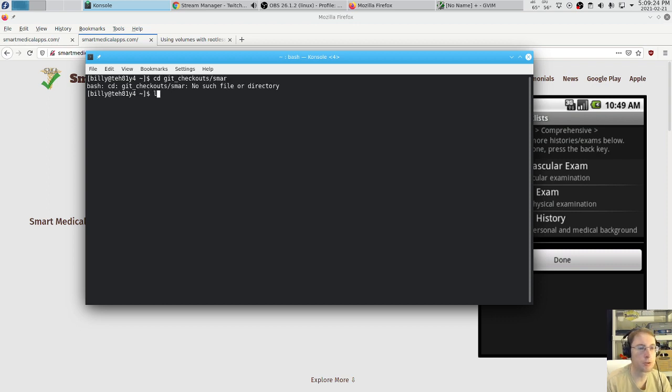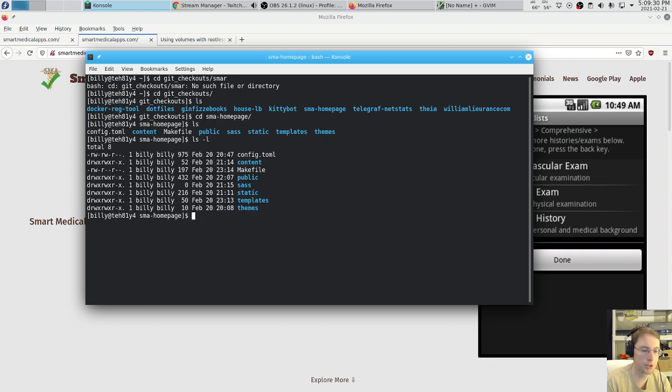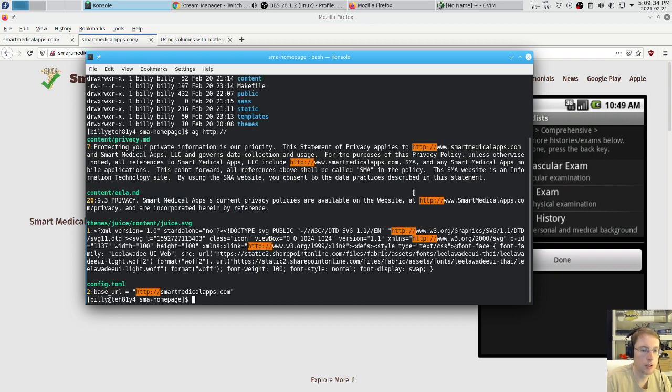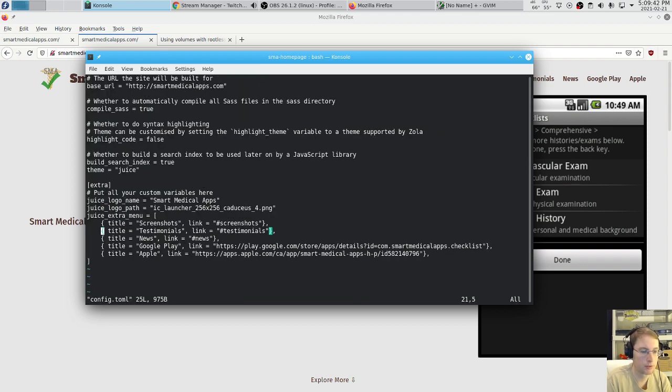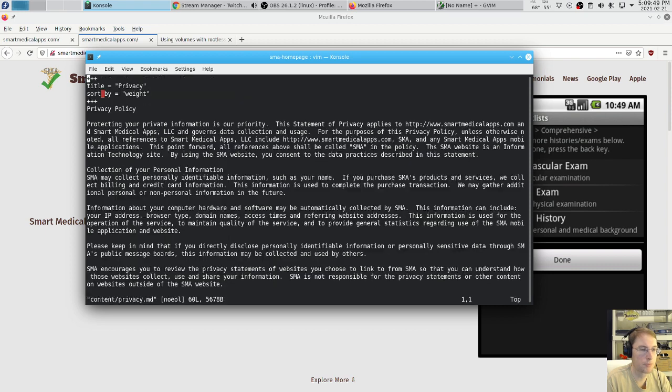So let's go back to Smart Checkouts. We're gonna put the SMA homepage. So this is what we were fiddling with yesterday. And so if I say http://, we should edit some of these files. We should edit that, and then update these to be HTTPS. Cool. Here's our base URL. Let's edit that. Yeah, http://